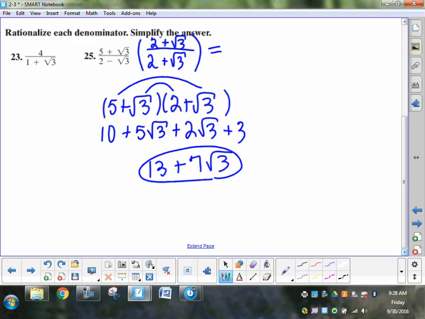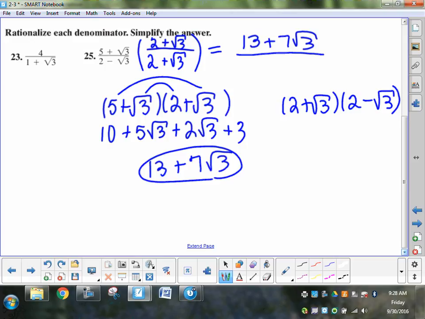So that's going to go up top. Now I need to do the denominator, which would be 2 plus root 3 times. Okay? First terms, outside terms, inside terms, and